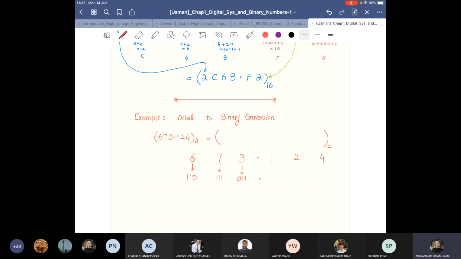Just follow that table, and then this one is now 0, 0, 1. This is now 0, 1, 0, and this is now 1, 0, 0.